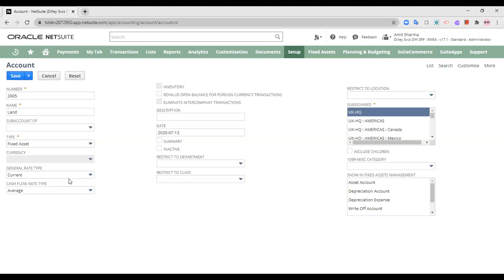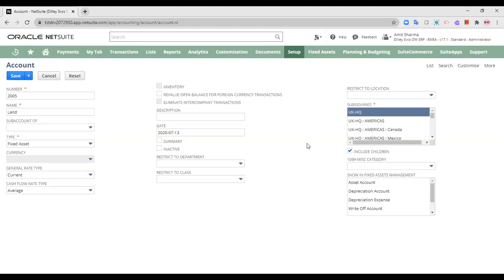And let us just focus, as of now, only on the important information. So these 3 important pieces of information have been given. Currency has been removed from the important ones because I have chosen fixed asset. And the subsidiary here, I can choose the subsidiary. The only thing is, when I'm choosing a subsidiary, it makes it less prone to error.